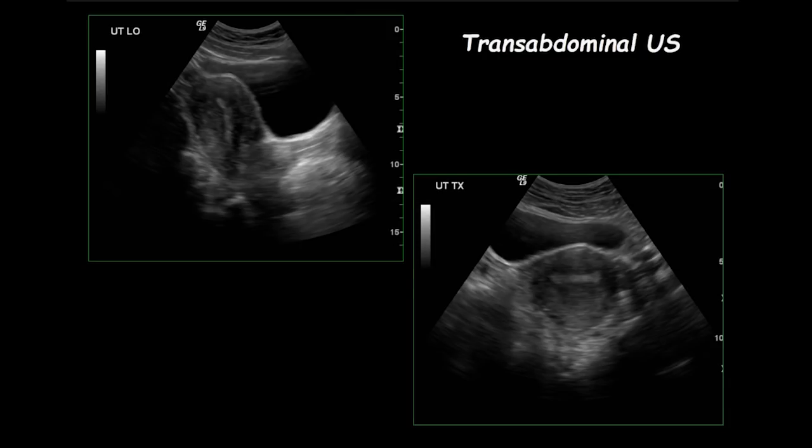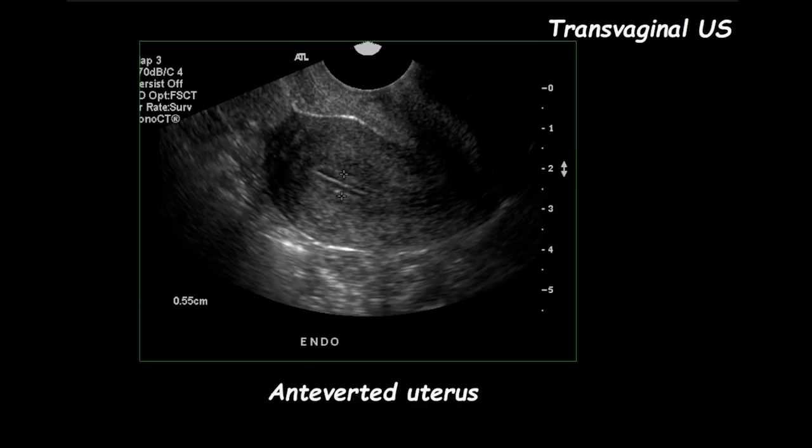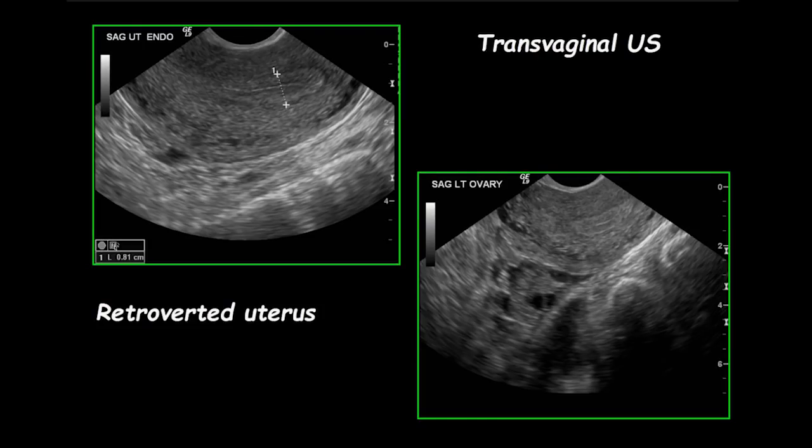Transabdominal images depict the uterus in the long and transverse axis, and we see the endometrium as an echogenic line. This is a transvaginal image of an anteverted uterus. The endometrium has a trilaminar appearance and measures 6 mm, corresponding to the proliferative phase. This is another patient. Transvaginal images demonstrate a retroverted uterus. The fundus is pointing caudad, and we see a trilaminar endometrium with a thickness of 8 mm, corresponding to the